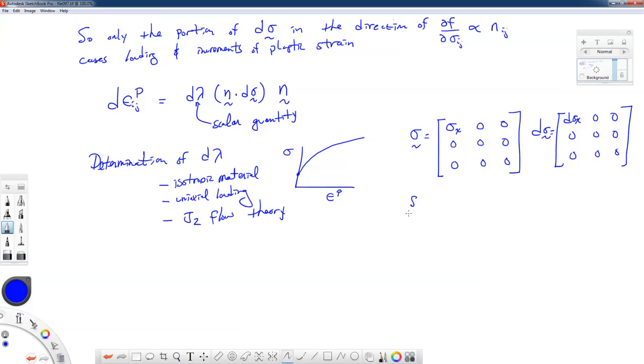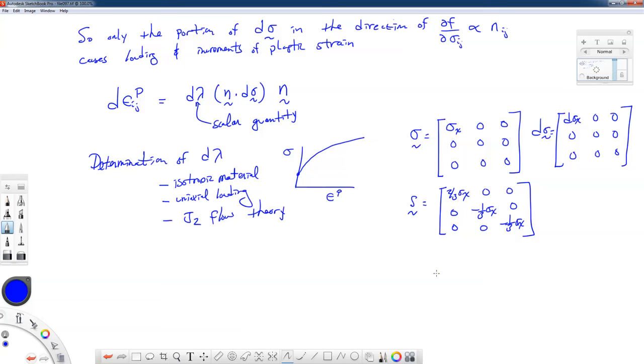The corresponding deviatoric stress tensor will be 2/3 sigma x in this position, minus 1/3, minus 1/3 right here. I won't write it again, we've written it down numerous times, the definition of the deviatoric stress tensor. And we're going to use this n dot d sigma n,